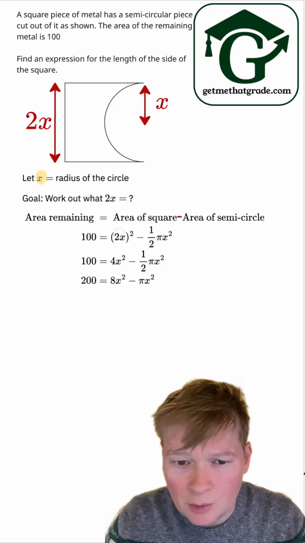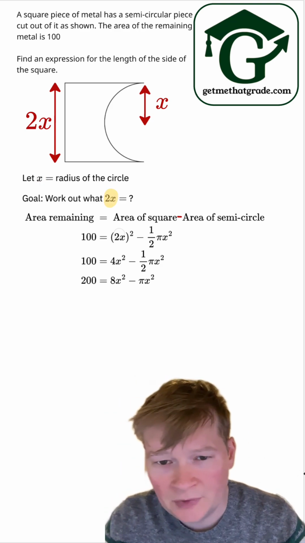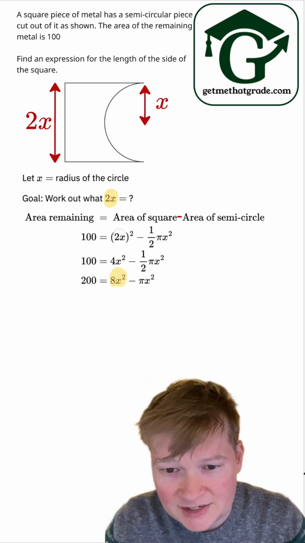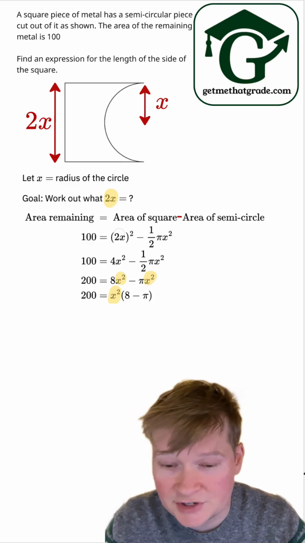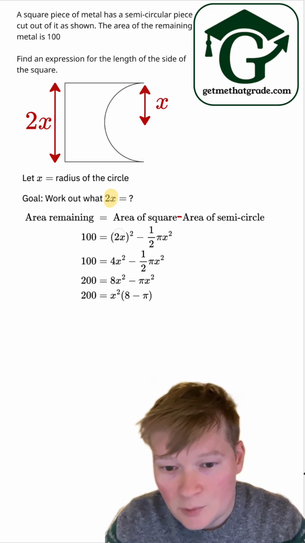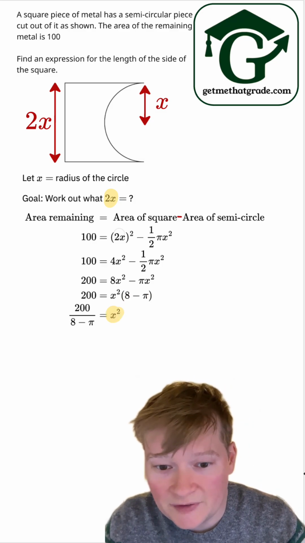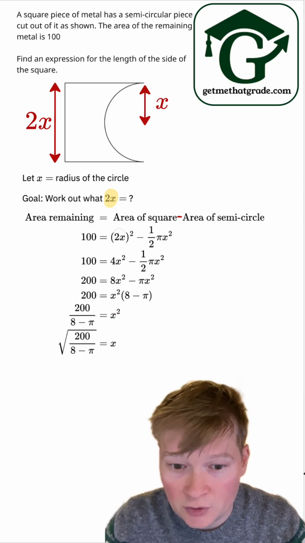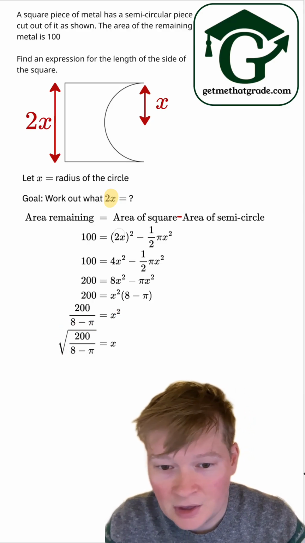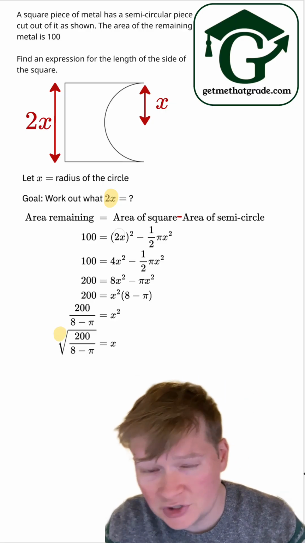We're trying to work out what x equals, therefore to work out what 2x equals. So let's notice that this term and this term have x squared in common, so we can factor that out as a common factor. Then we can divide by this bracketed term to make x squared the subject. To get rid of the square, we can take a square root of both sides. Normally we'd need to worry about plus or minus signs, but here we know it's just a length, so it's